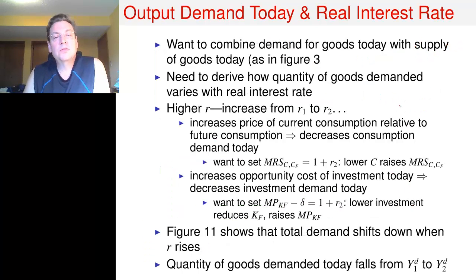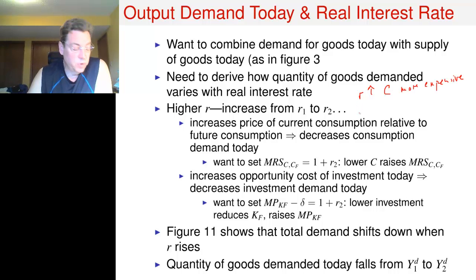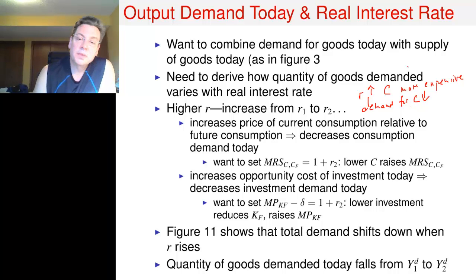So now what we want to do is combine the demand for goods today with the supply of goods today. And so we want to talk about how the demand for goods today varies with the real interest rate. Well, it's going to vary for two reasons. One is a higher real interest rate makes current consumption more expensive. So what consumers are going to want to do is they're going to reduce their demand for consumption goods, but